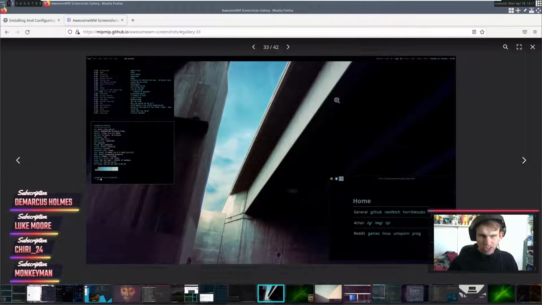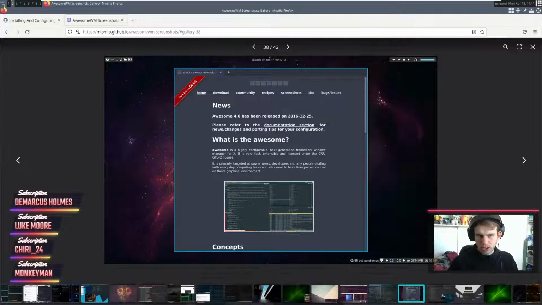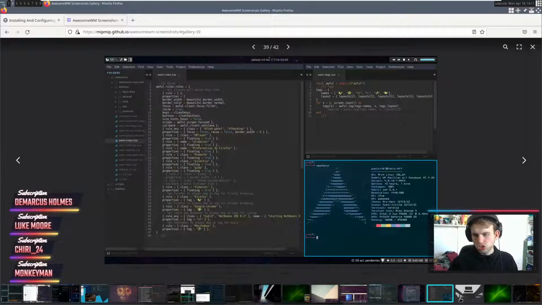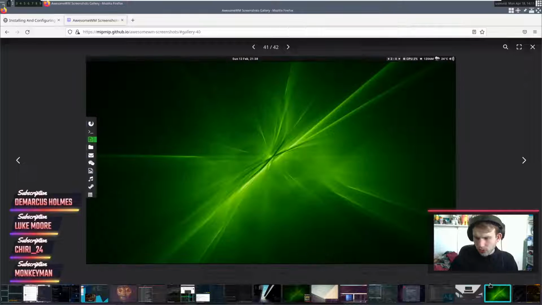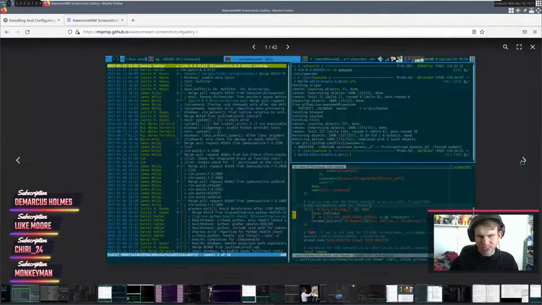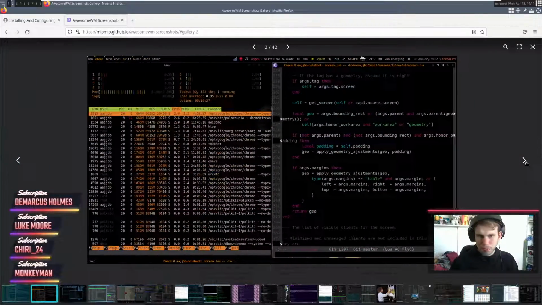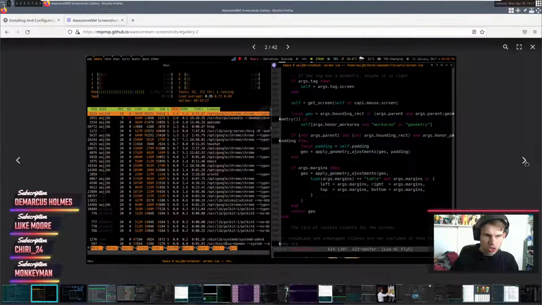This is also really cool about Awesome Window Manager. You can do all kinds of cool stuff with it without having to go too far out of the default configuration. Because the default configuration for this is already really cool. Okay, this is flippin' awesome. This has a lot of that GNOME feel to it. It's cool. I love it. Okay, this is also still pretty close to the base configuration.